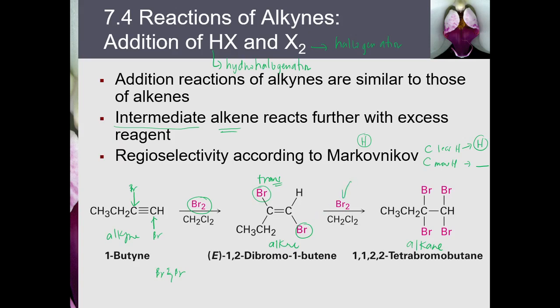Ngayon, if you have an excess of the bromine, Br2, what will happen? Your Br will react with the double bond. So, that's why magkakaroon ka dito ng 4 na bromines. So, if you started with an alkyne triple bond, if you continuously react it with the halogen, magkakaroon ka in the end ng tinatawag na tetrahalide. So, when saying tetrahalide, meron kang 4 na halogens na naka-attach dito. And take note, this is now an alkane.